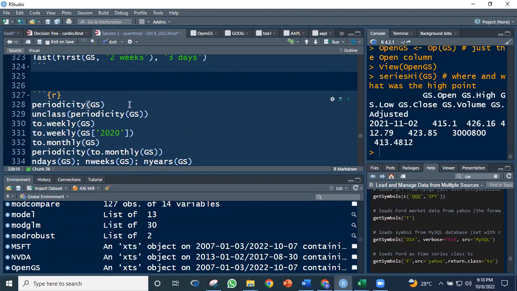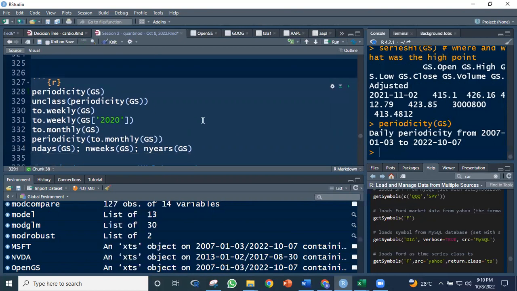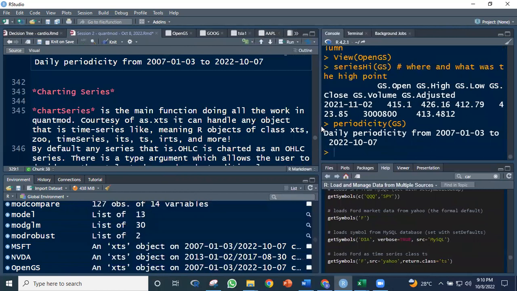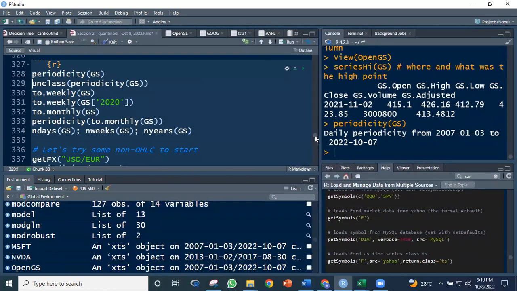So if we check ano ba yung periodicity ni GS. Okay, so the data is daily. Daily siya from 2007 January 3 hanggang 2022 10. All right. So okay, pag in-unclass natin siya,